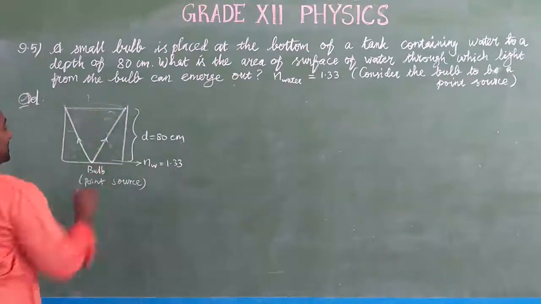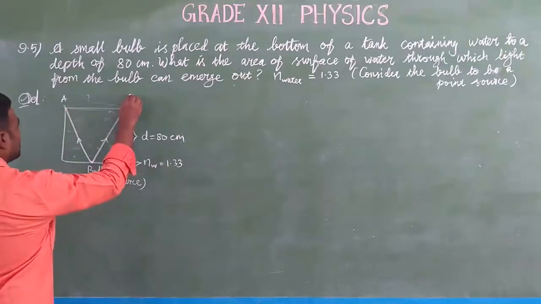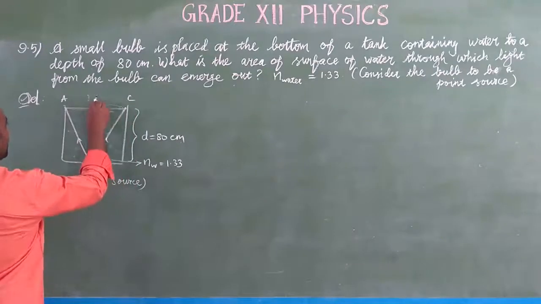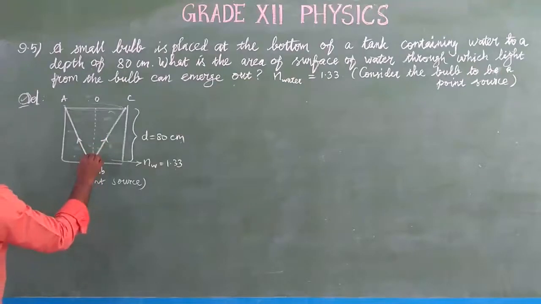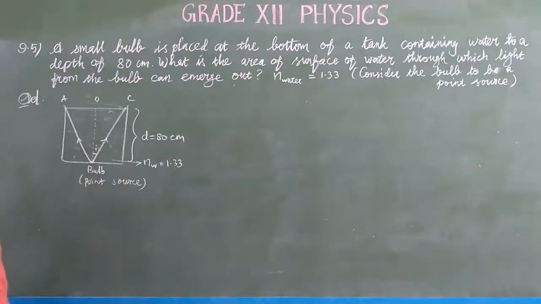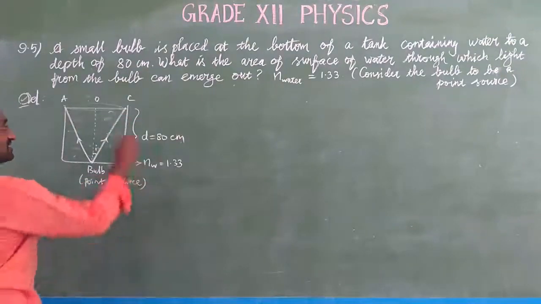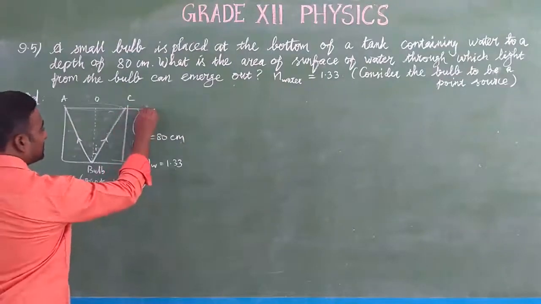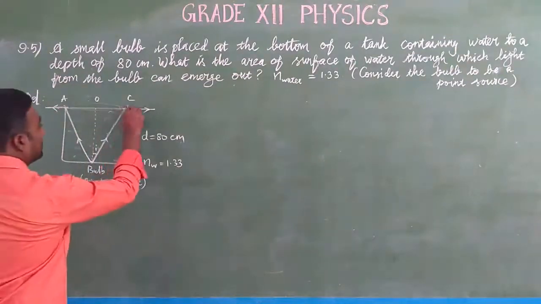So what is the emerging light area? This is the point of incidence A, this is the point of incidence C, and from the midpoint this is O. From that we have drawn the normal to the incident ray. So this is the incident ray which makes an angle to the normal, the angle of incidence. Similarly, from denser medium to rarer medium, the light is refracted to the surface. So this is a refracted ray in either direction.